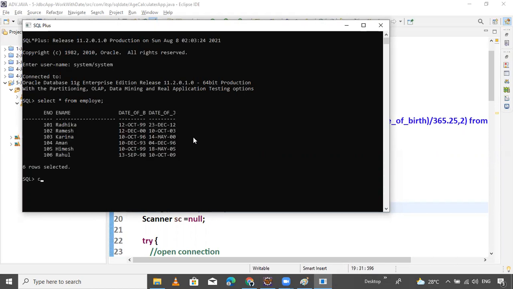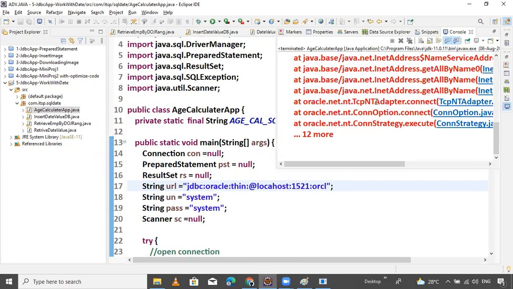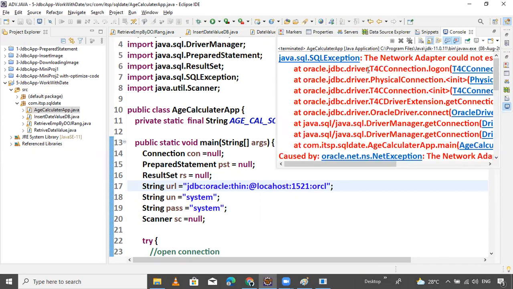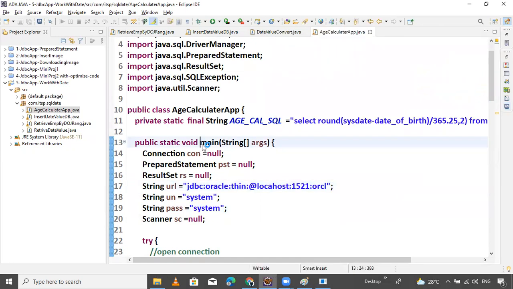Now it's going. Commit. Just try to run one more time, guys. Otherwise, rerun the services. Okay, network adapter could not establish the connection. JDBC Oracle thin, localhost. Yes, spelling mistakes. Just check it.